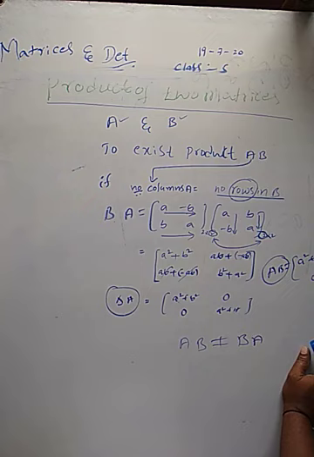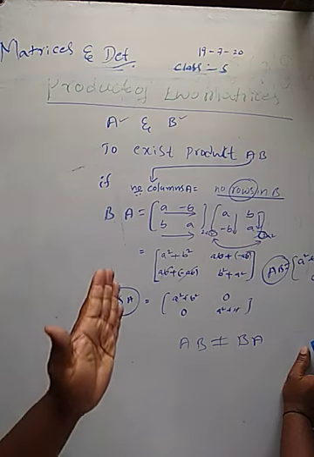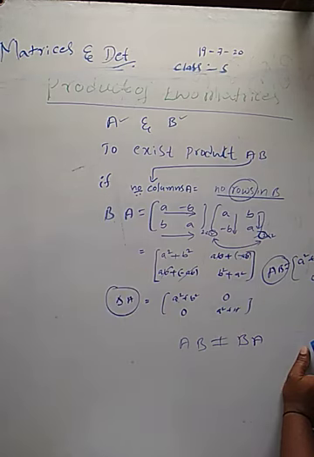In the previous topic, addition of two matrices is commutative: A plus B is equal to B plus A. But in general, please use the words in general. In general, the product of two matrices is not commutative. Why are we using general? In a few examples, in particular cases, AB is equal to BA. Then we can't say strictly that AB is not equal to BA. That's why we use the words in general. In general, AB is not equal to BA. So matrix multiplication is not commutative in general. Please use the words in general. If you don't use them, it suggests matrix multiplication is commutative.